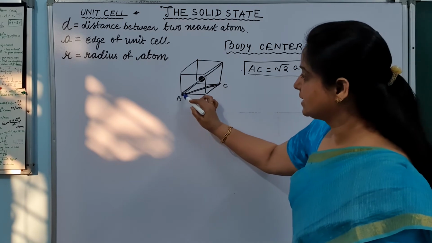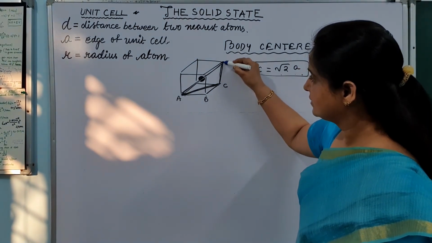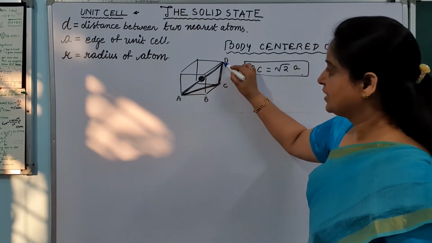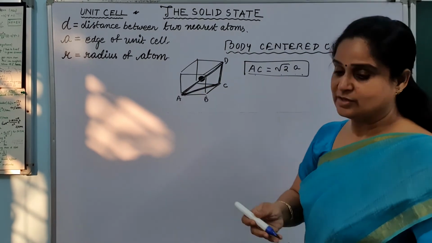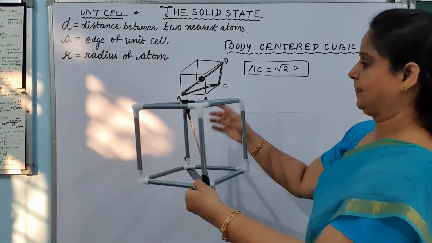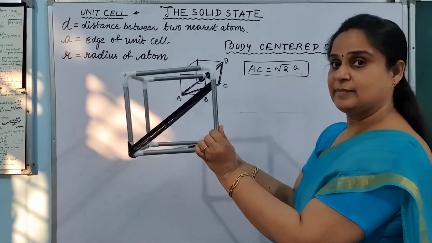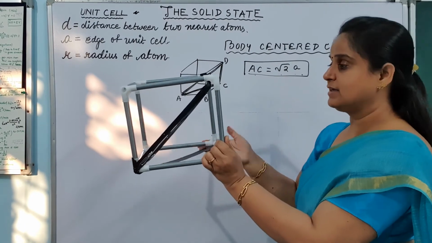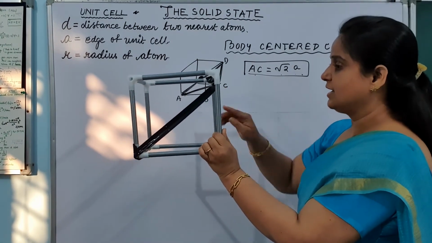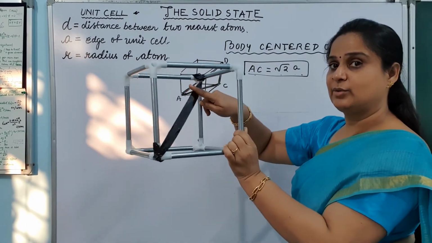Now we are taking this triangle where AC is the base. This is D and this is AD, which is the hypotenuse. So this is now the triangle. Let me show you using this model. Look at this. This is the base AC. Can you see? AC. This is D. This is C. And this is A. So can you understand this? This is the diagonal.